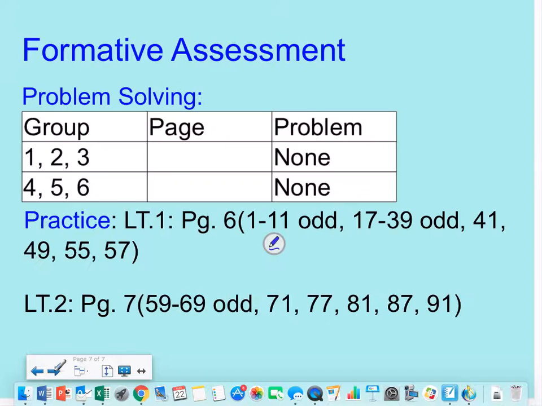All right, that's it for Unit R, Review of Foundational Concepts, Lesson